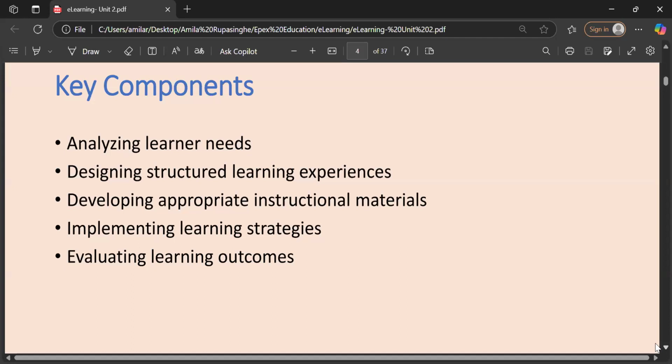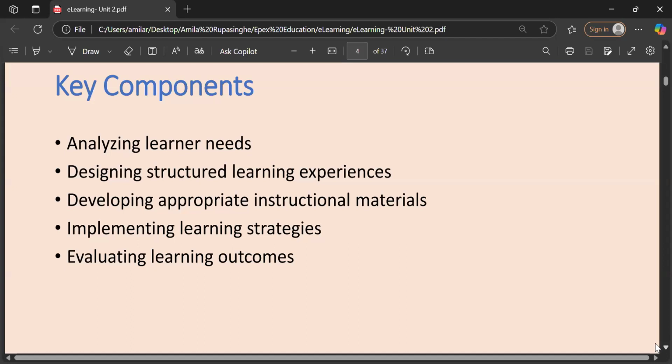Then we have to design structured learning experiences. I told you learning experiences are the way we are giving students the knowledge, skill, or attitude through some kind of experience. We call that a learning experience. So we have to design. We can't just start any teaching process without thinking of the learning experience, right? We can't just suddenly decide what we are going to do.